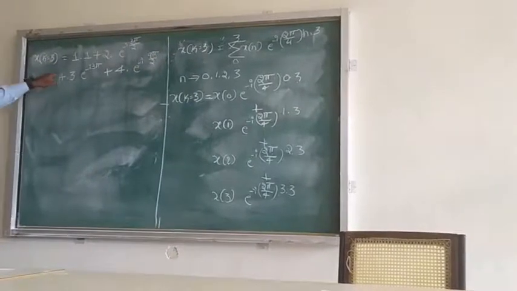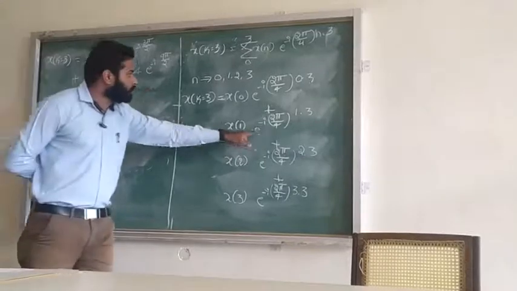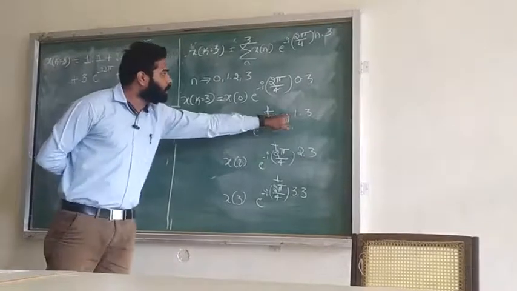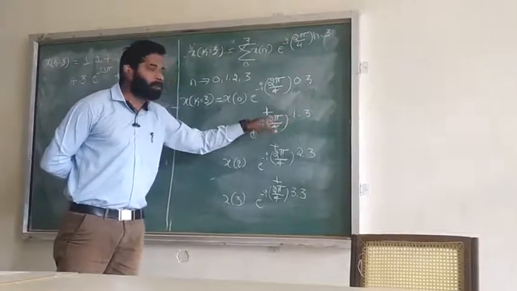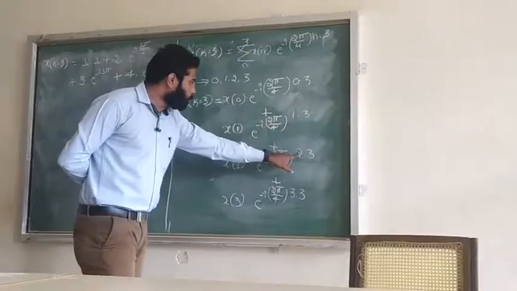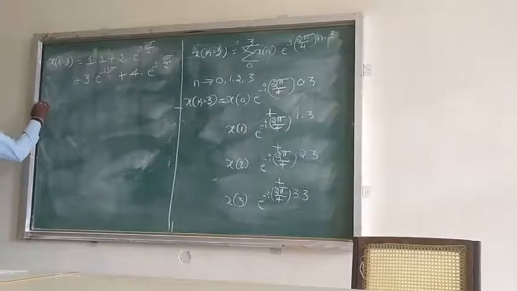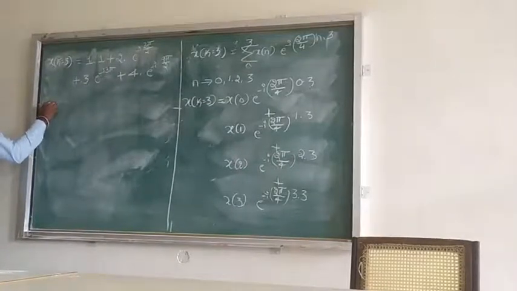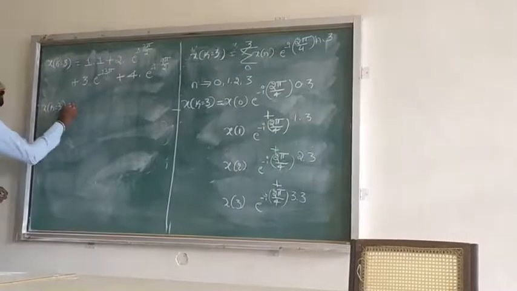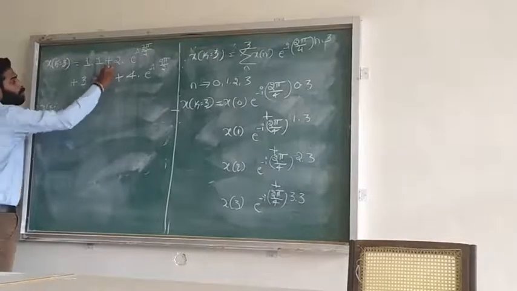Please check. First 1 and 1, okay? This is e raised to 1 into 3 is 3, so 3 pi by 2. Okay? Now 2 2s are 4, 4 and 4 cancel, it is 3 pi, and this is 9 pi, right? So x at k equal to 3 is 1 plus 2 into